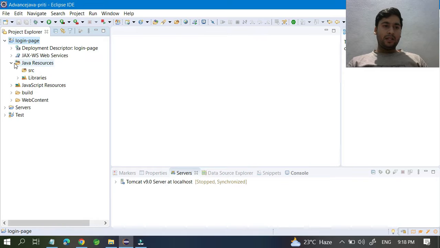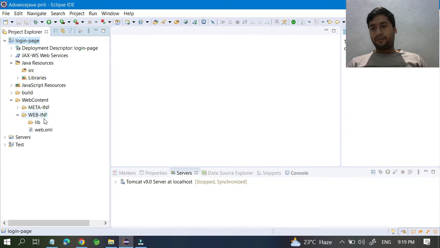Make sure you have Java Resources, and whatever libraries you have will go to the Libraries section. Then go to Web Content, which is very important. If you are using the latest version of Eclipse, you will see webapp here, but if you are using an old version of Eclipse, you will see Web Content. Go inside this and you can see two folders. META-INF, we don't need to worry about it. WEB-INF is a very important folder. Here you have to configure